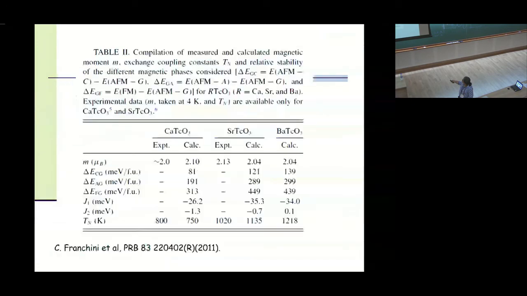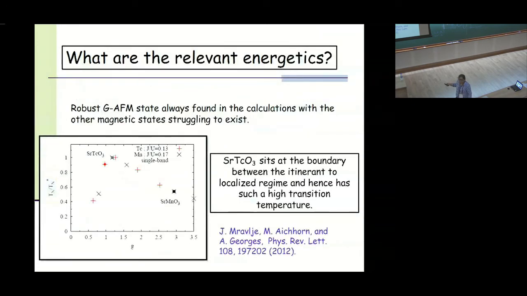I realize this is too simplified. If it was just bandwidth versus U, then buckling it at the same U would make it more magnetic. It wouldn't make it more magnetic because the coupling is reduced, so the coupling depends on the super exchange. If the effective T between the sites is reduced, the super exchange is reduced. Okay, I realize what you're saying.